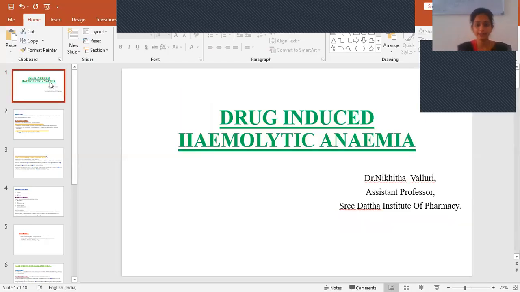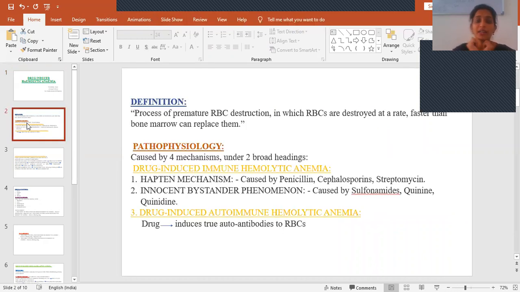So the next one is drug-induced hemolytic anemia. What do you mean by hemolytic anemia? Hemolytic anemia is nothing but the blood cells being broken down. That we call hemolysis, that is, breaking down of blood cells. As there is breaking down of these blood cells, hemoglobin level will be decreased and causes anemia. So if this is induced by drugs,